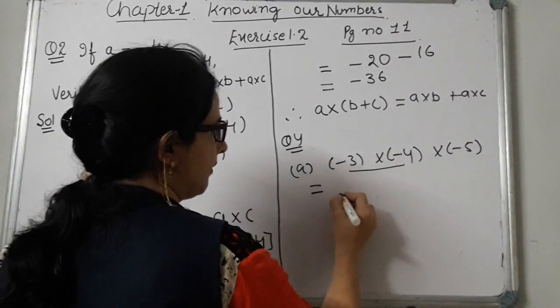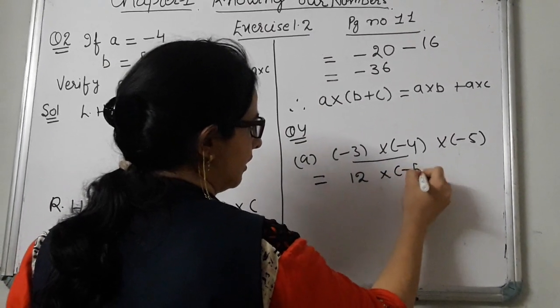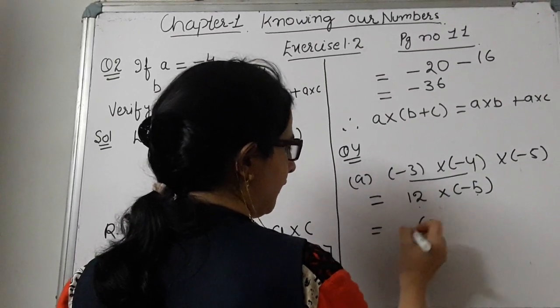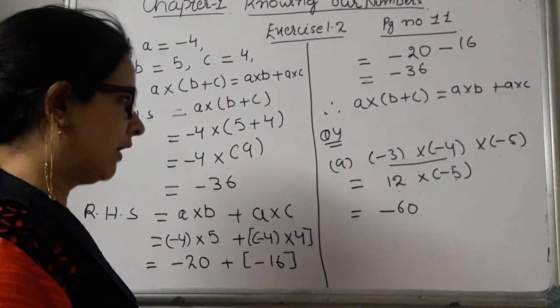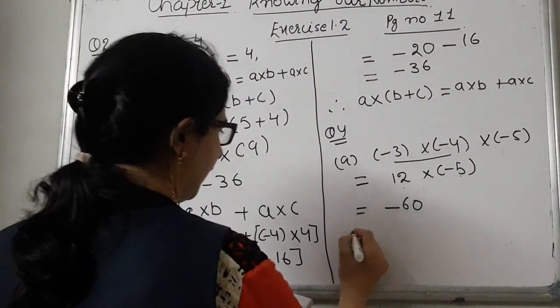-3 into -4, minus minus will be plus, 3 4s are 12, into -5. 12 5s are 60 and we will put the sign minus. Okay. One more question we will do. The other two will be your homework. D: